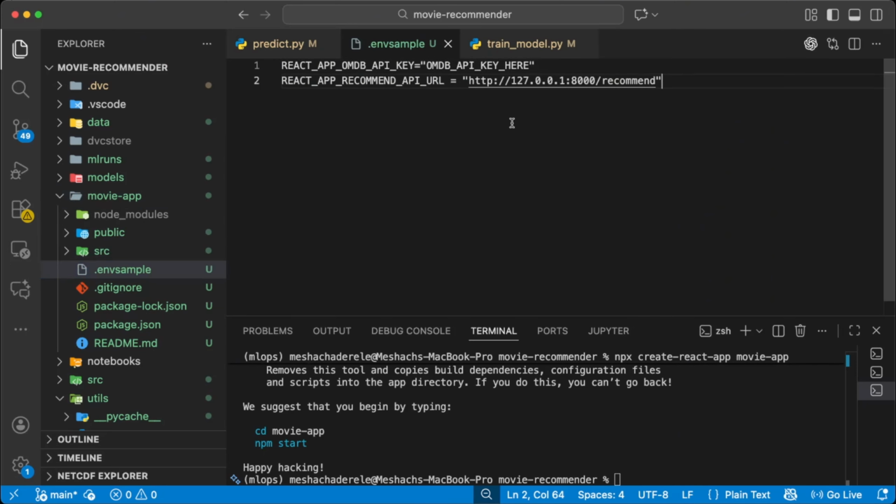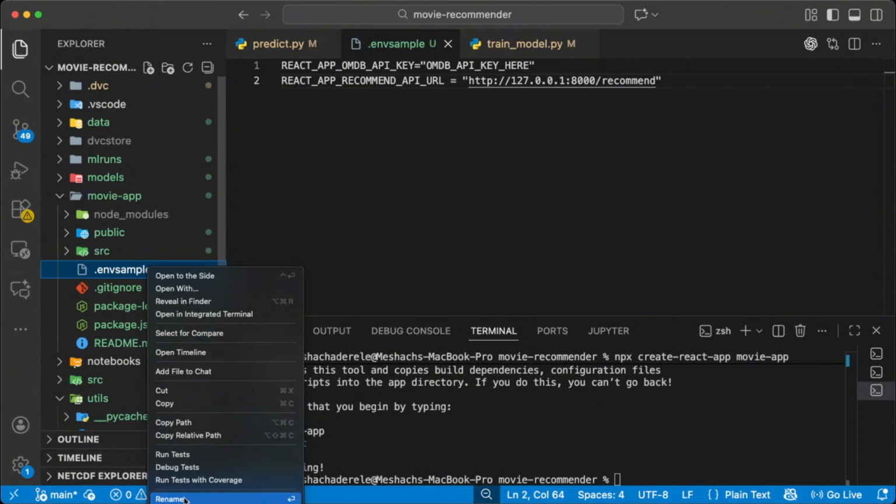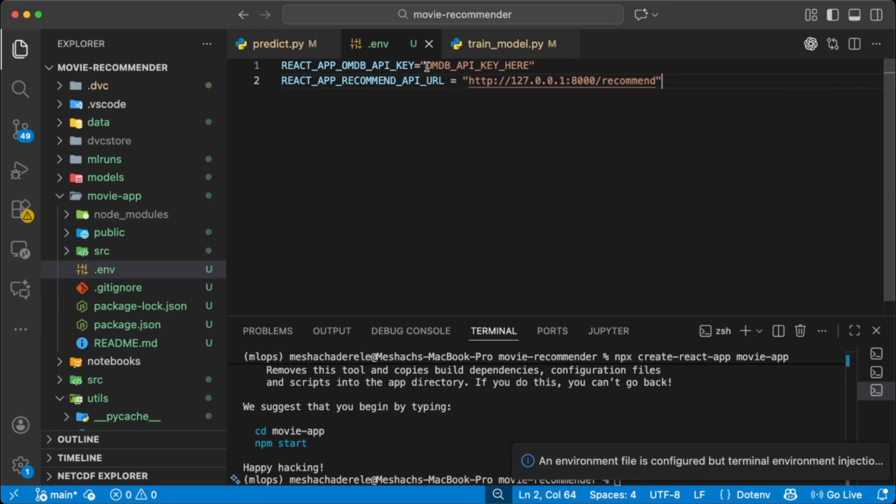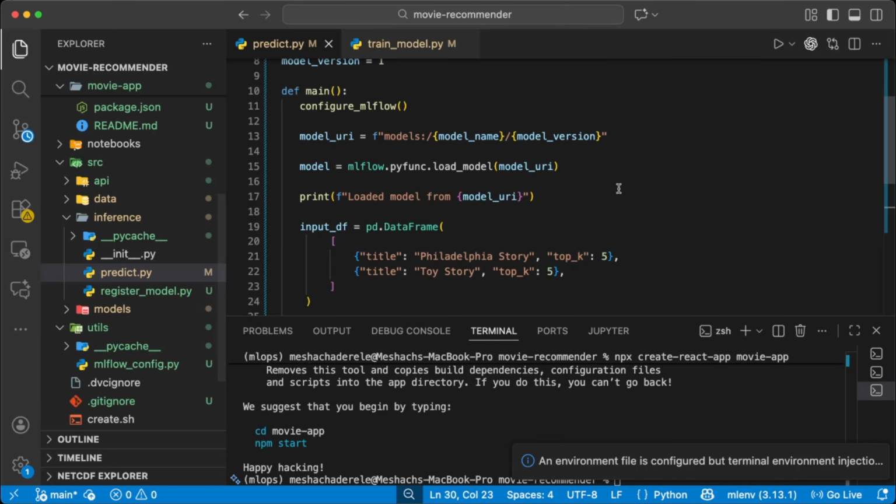So this is a sample of the environment. Let me rename it. It's supposed to be .env, okay? And you put your OMDB API. So I'm going to be adding my API key to this. I'm not going to be showing my API right here. You can get your own API and just add it within this string. So maybe your API is sysarty, then you can easily add it there. So I will add my API. Okay, so now that I've added my API into our environment,